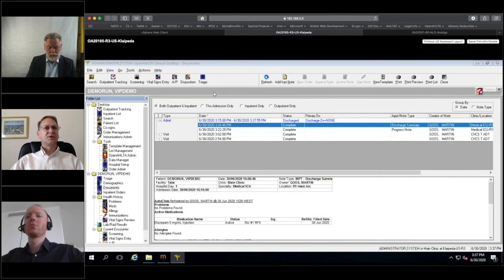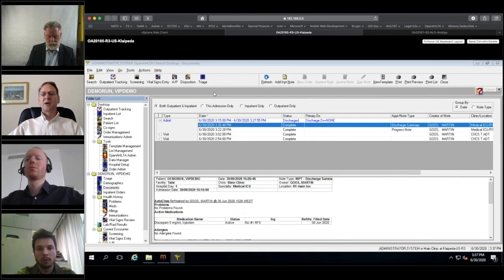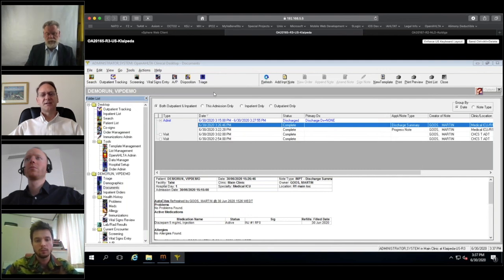But at this point, we'll switch over to my colleague Christoph, who is at the Belgium Role 4, which is essentially the Belgium National Health System, so that we can see when the patient is evacuated back to their home country, that all their medical records that were documented in the field are now in their national system. Christoph, I hand it over to you.